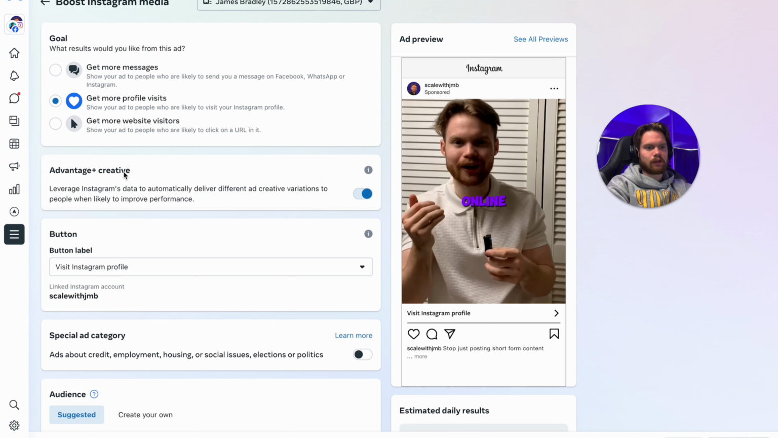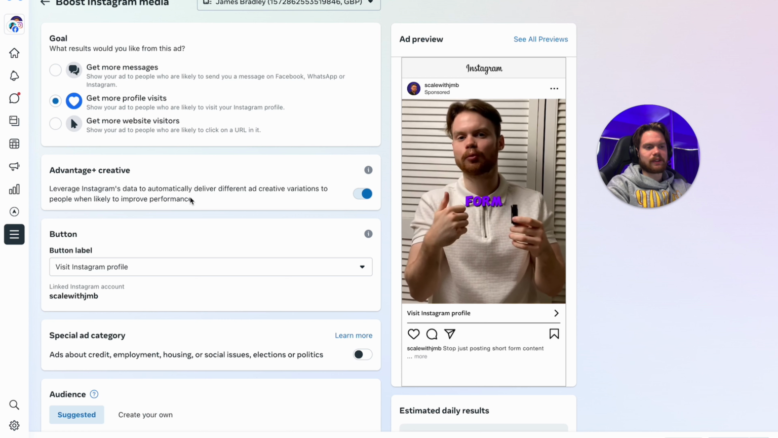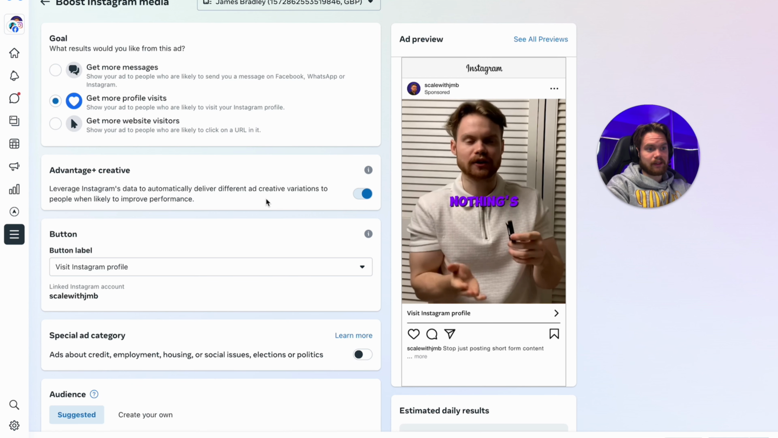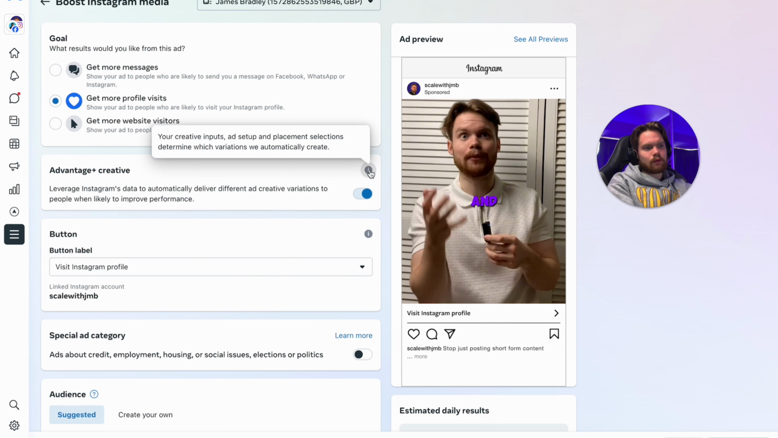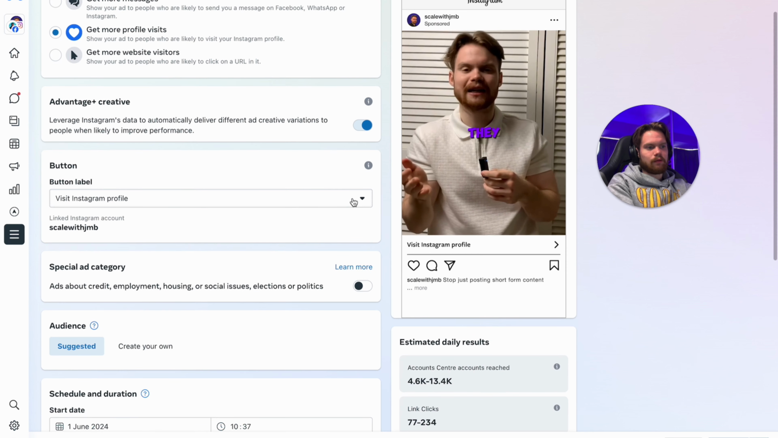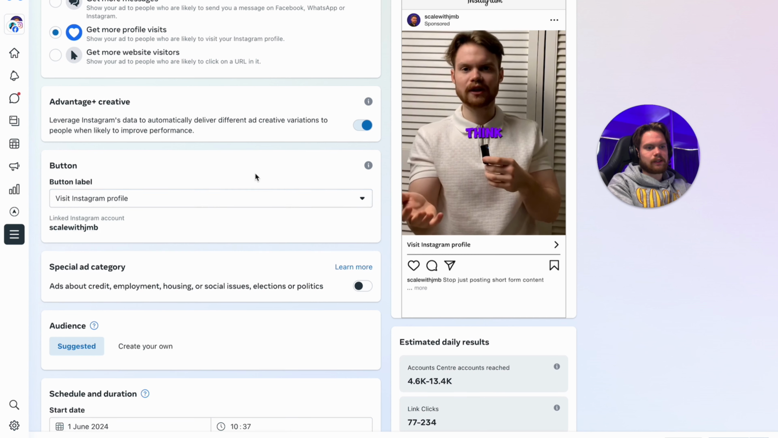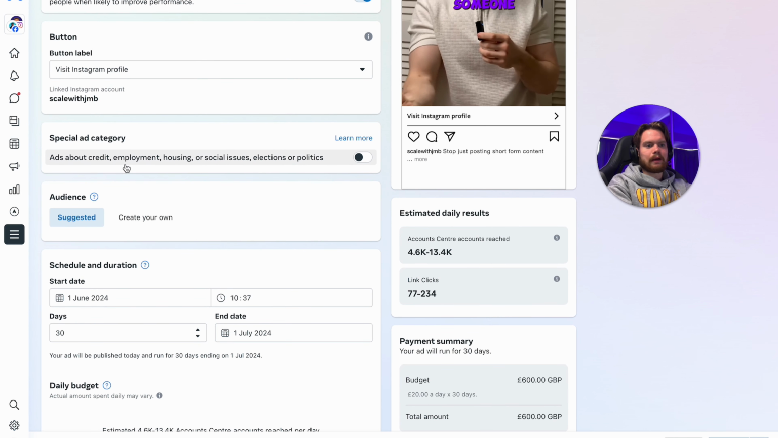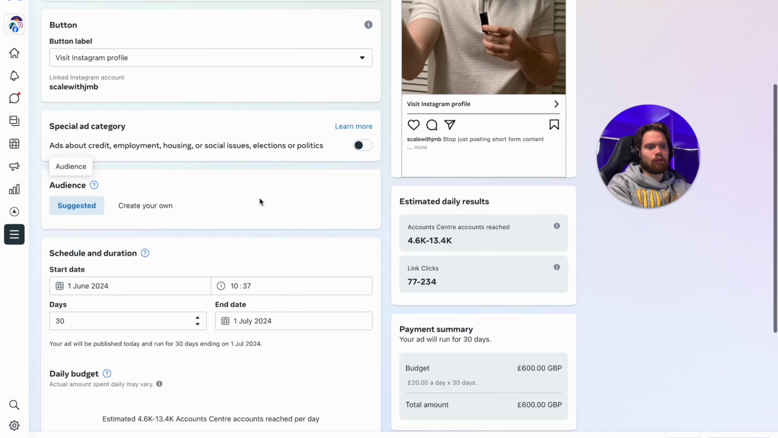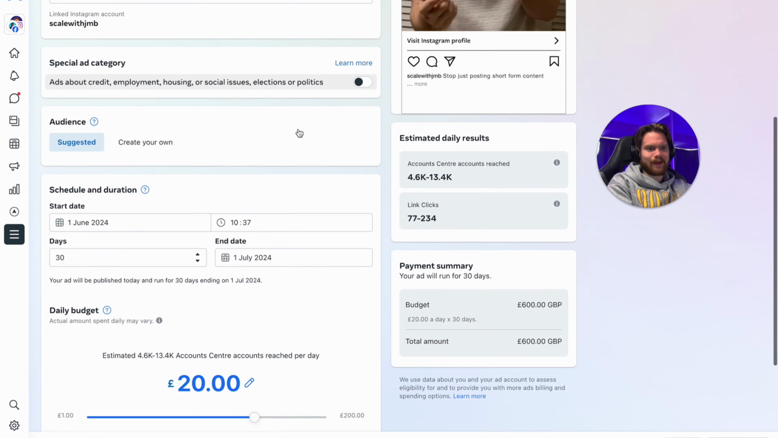This is Advantage+ creative, so you can leverage Instagram's data to automatically deliver different ad creative variations to people when likely to improve performance. I'll just keep that on, and then I'd visit the Instagram profile and make sure your Instagram account is set. If you speak about credit, employment, housing or social issues, elections or politics, you have to turn that on,